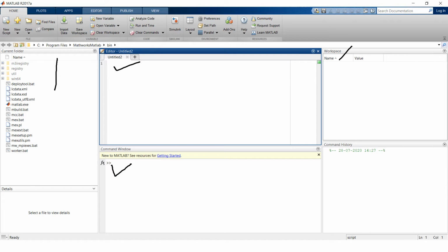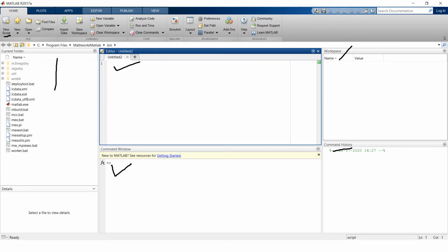This is workspace. Workspace will display your variable name and some data related to the variable like maxima, minima or the value. Command history shows previous syntaxes or commands you have used in the session.